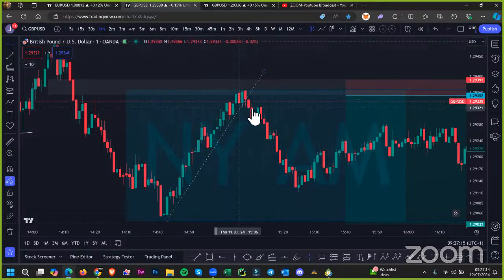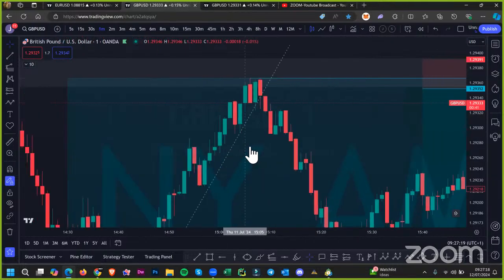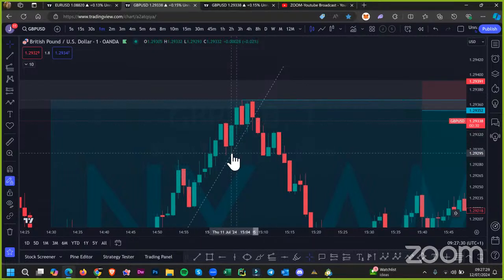All right. We can see that this wick here, have a look, this little wick over here is the last low before this highest point. We can see how the market comes, and even if you want to turn around and look at this structure in here, the market indicates. This is all indication. This is correction. This is continuation. You would have been able to get into this trade